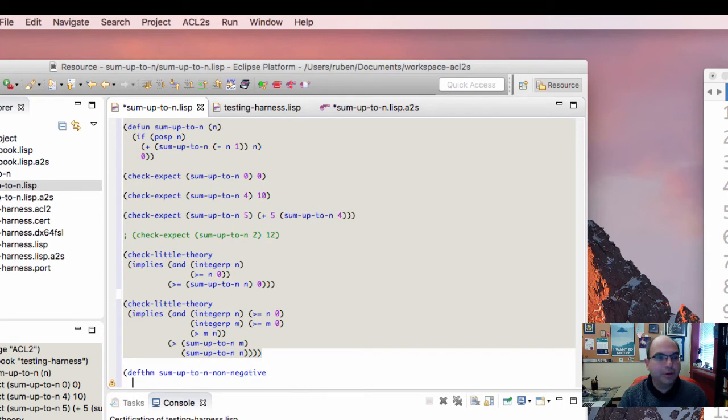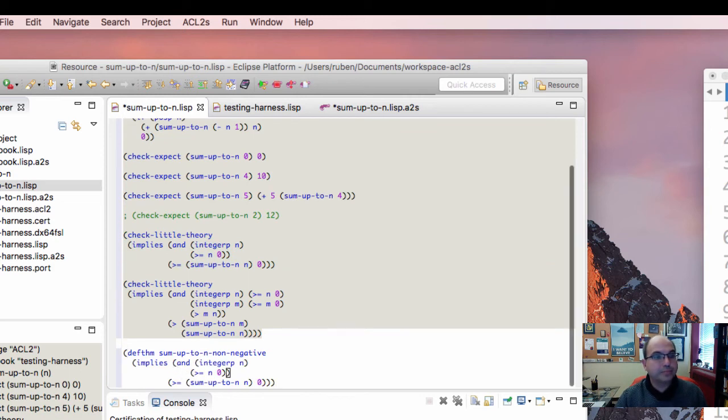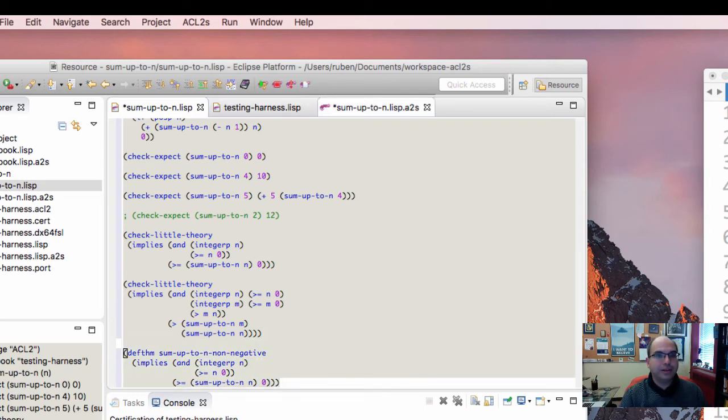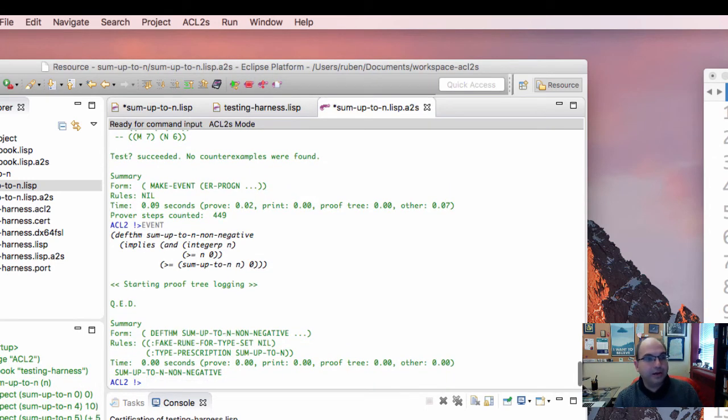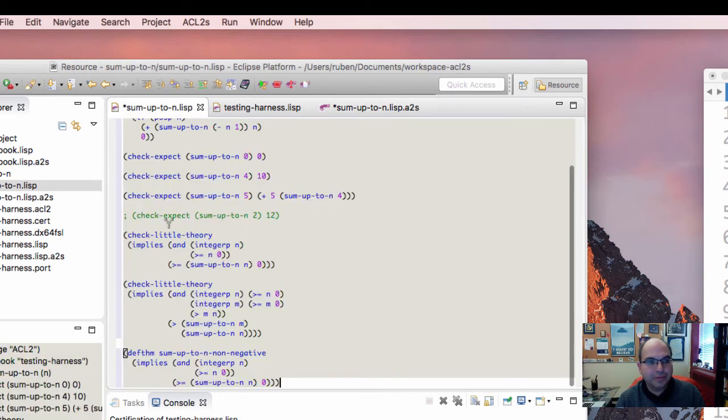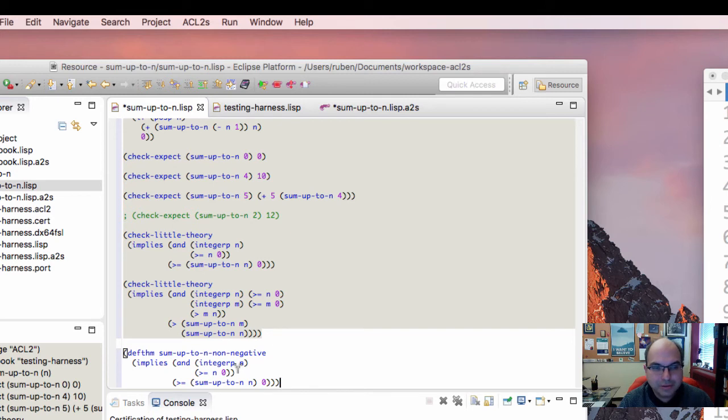And here is what I want my theorem to be. It's actually the same as this little theory. Okay, so let me go with that. Okay, and let's see if you can prove it. Oh, well, will you look at that? Okay, so it actually went ahead and it did a whole proof, and it came up. It actually doesn't show us the proof unless it really needs to, and it says, yeah, good job, you actually have a true theorem. Okay, I'm going to undo that theorem,